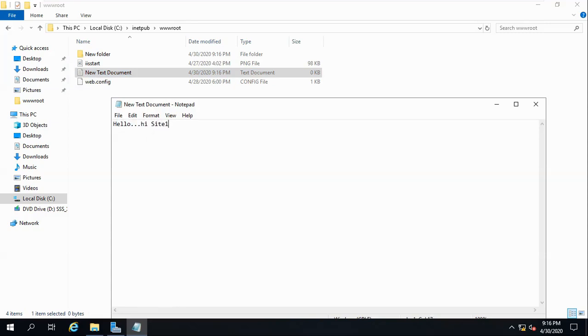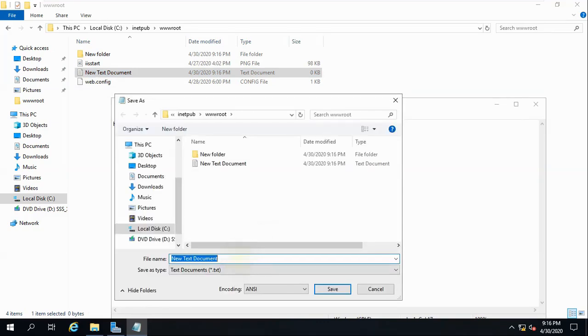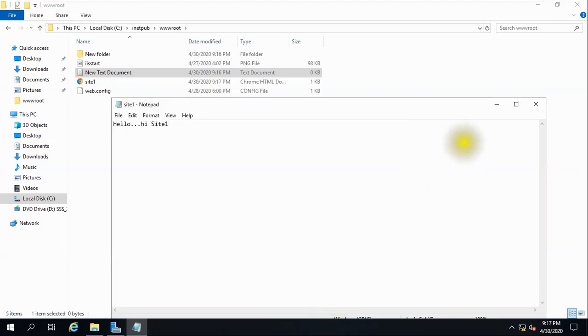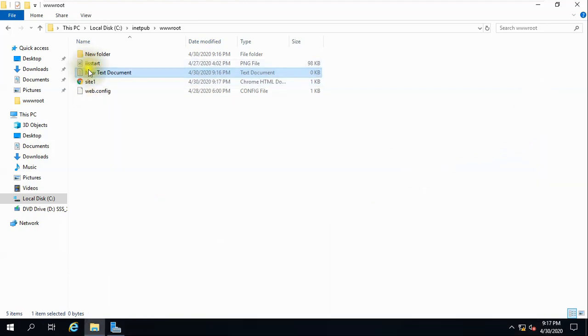I gave only this much information, and I'm saving it in HTML format as site1.html. Now I will delete this text file. If you want to check, you can double click and see whether it opens and the same information comes up.